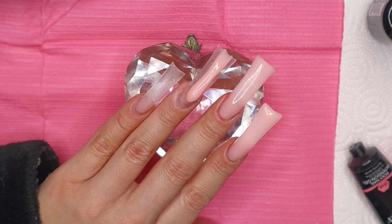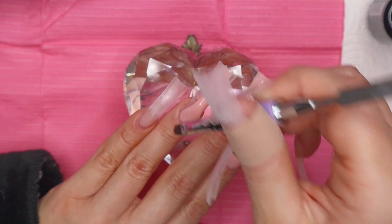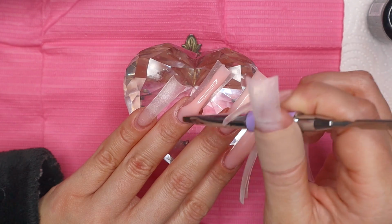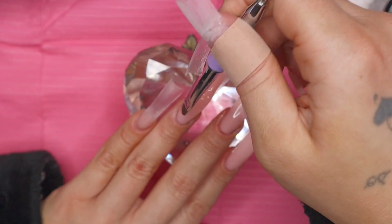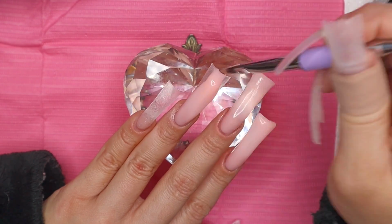When I initially squeeze the polygel out onto the nail, the little rounded end that comes out first, I use that part to build the apex. So I focus that polygel on the nail bed area so that it can build the apex, and then the rest I just pat side to side down the nail, and I make sure to smooth the nail out before I go ahead and